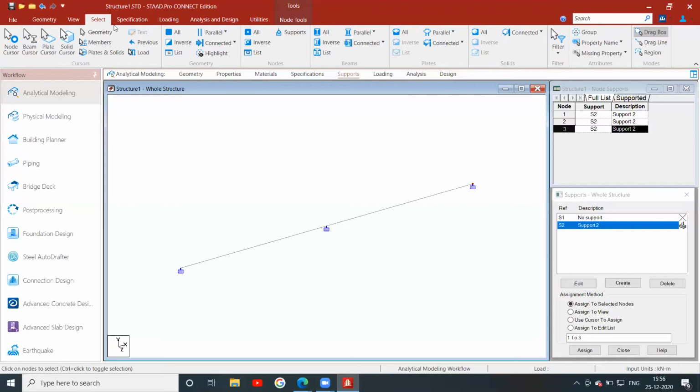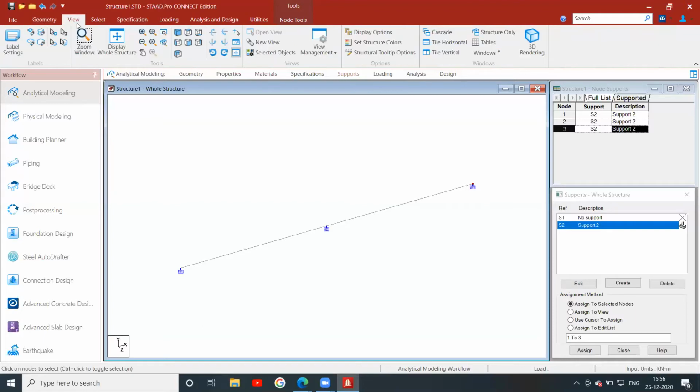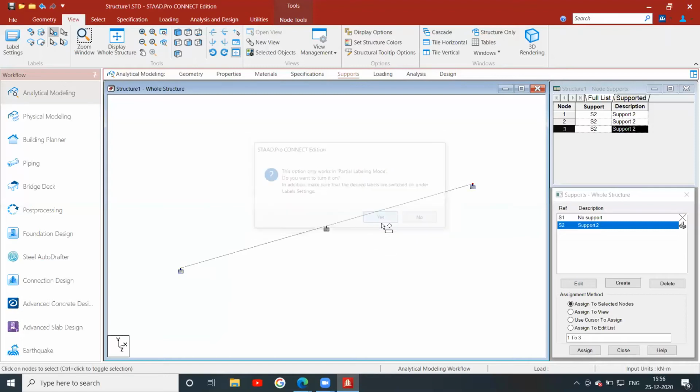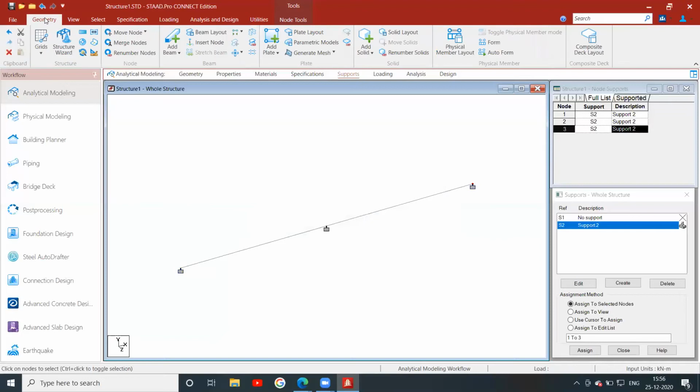So these are the different specifications: geometry, view, select. In view, you can see individual node label. If you click on this, we can label it.